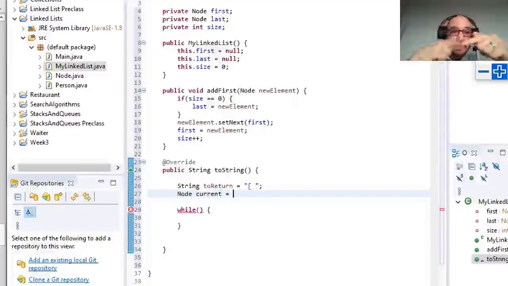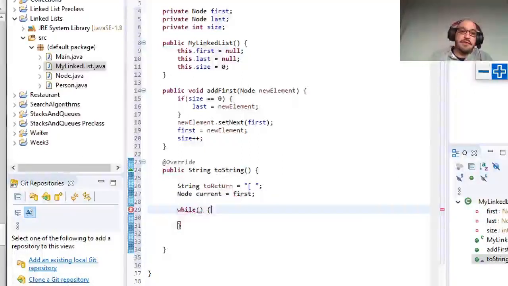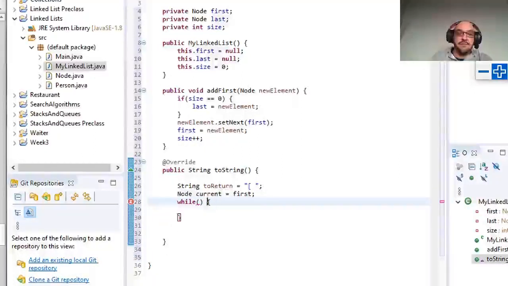And we're going to do that in a while loop, so I can loop over each one of the elements that I have in there. So the current node, I'm always going to start with my first element in the list. So I can say, as long as current is not null,